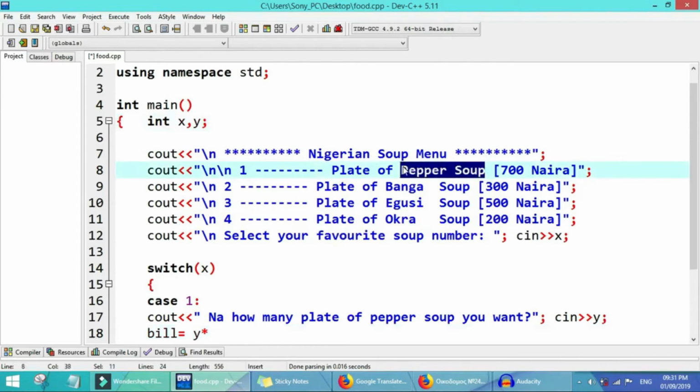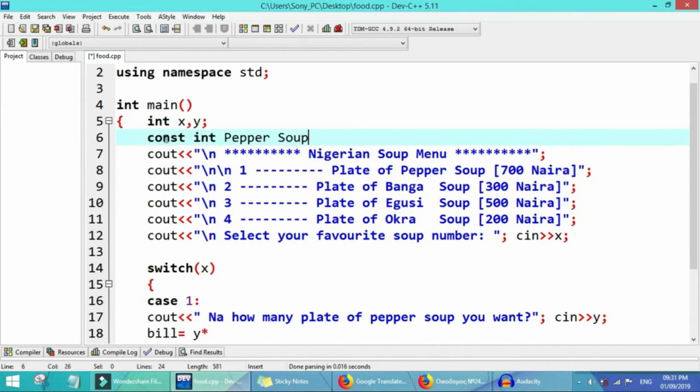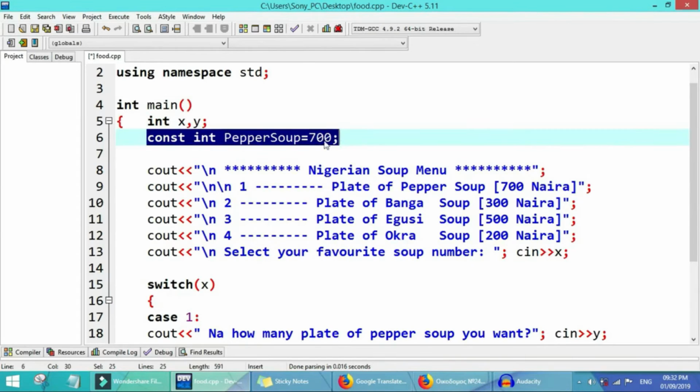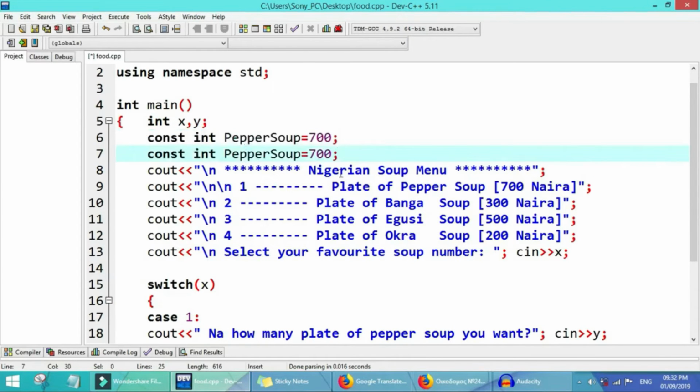So I would like to copy everything just as it be for here, and I go use constant integer. So for our pepper soup, the price now 700. Okay, the next thing we follow now, we'll copy this one and paste them for multiple line. So the next thing we follow our pepper soup now, banga soup. Okay, how much be our banga soup?